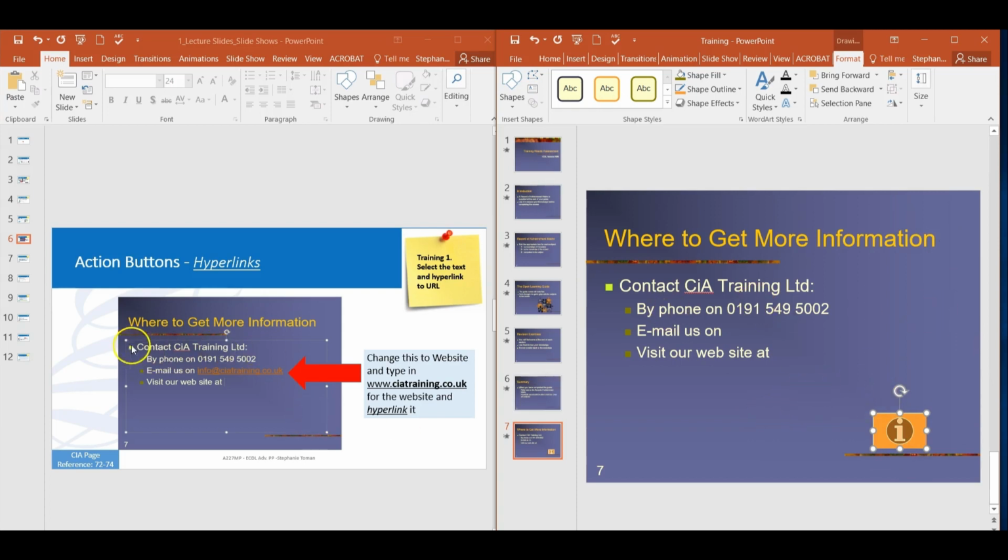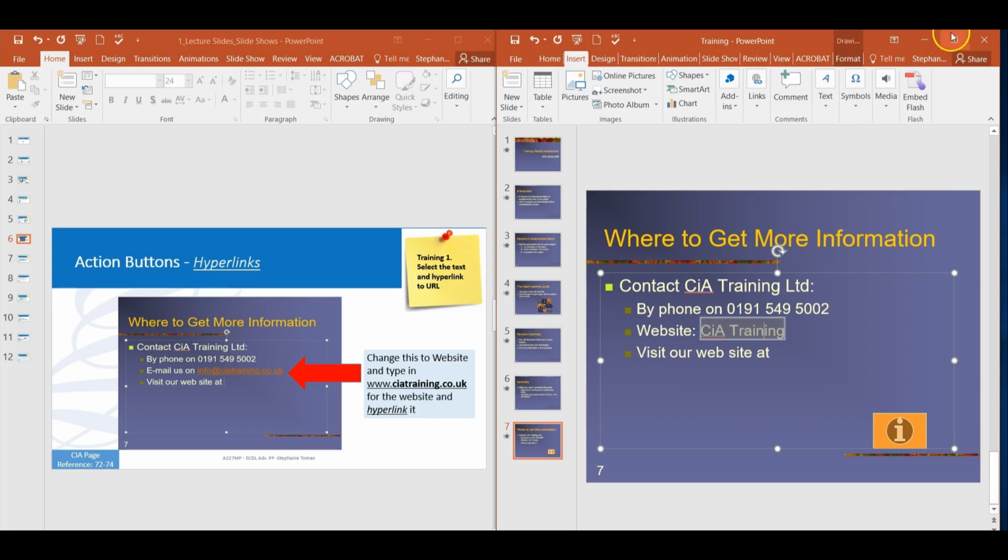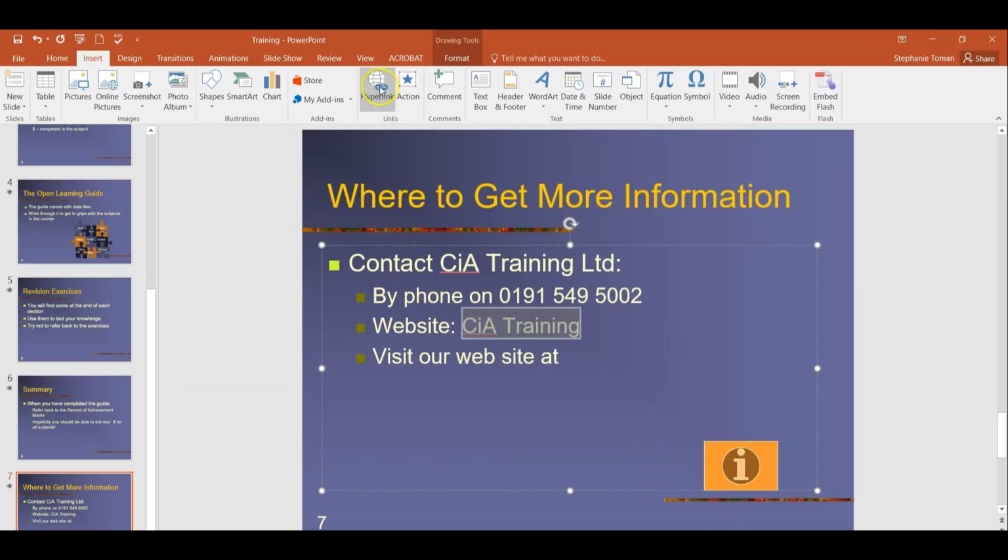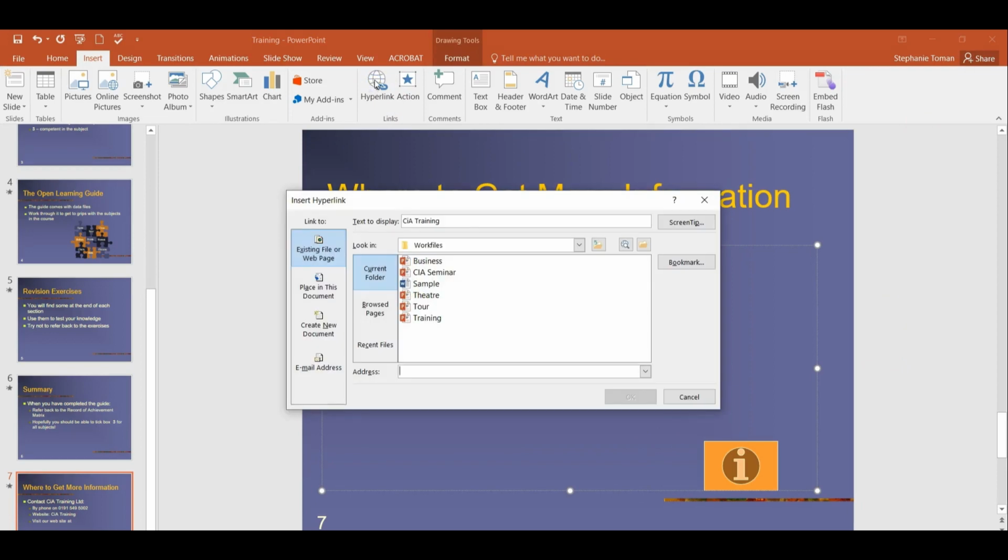With regard to hyperlinking, let's have a look at this next slide here. We're going to change that to a website, and we're going to pop a website link to CIA training. So we could put CIA training as our text, we could copy that, right click and go to hyperlink, or if not, go to insert. Just going to open this up a little bit so we can see better, and you can see your hyperlink there. Okay, so we've got our hyperlink and we've got our address, so they will give you this in the exam. So CIA training,